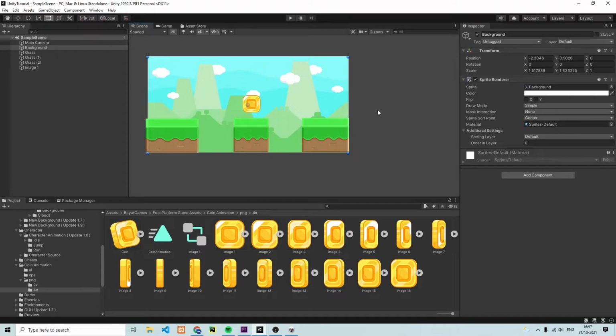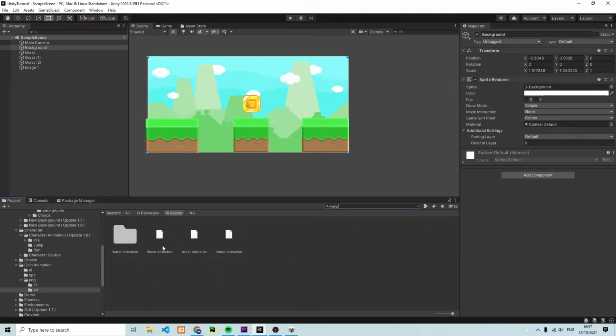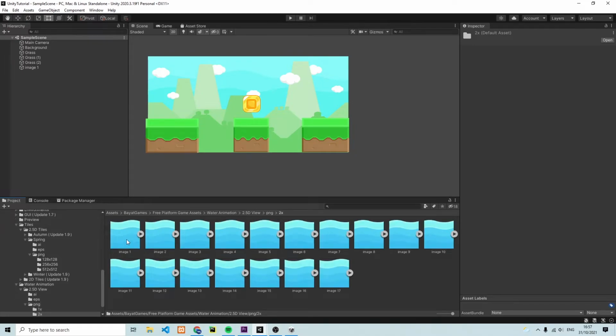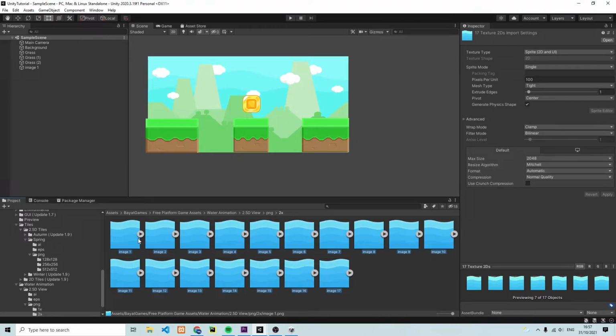The next thing we're going to add in is another animation, and it is going to be the animation of the water, which is going to separate the middle island from the 2 parts of land on the right and on the left hand side of our screen. So down in the project, we want to search for water, and you'll see a folder called water animation. Open that up, and then we can click on the 2.5D view, and there's a PNG folder in there. Then we click on the 2X images, and we have a nice set of images that we can use to